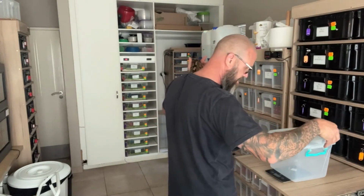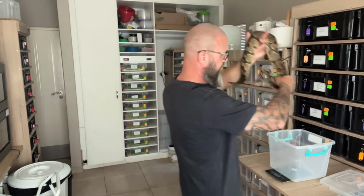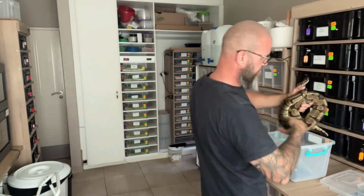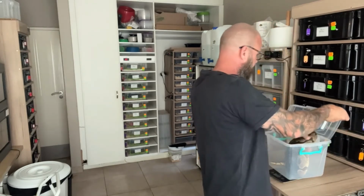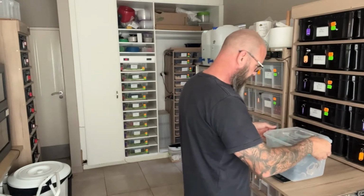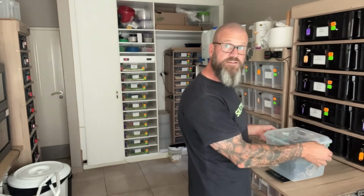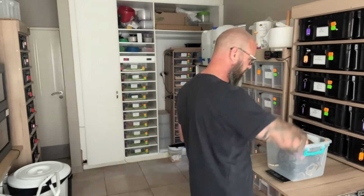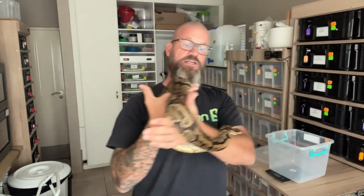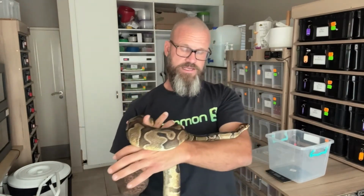what she's weighing now, because she's going to pair up in 2 days' time. They don't like going in this bucket or this bin, this tub or whatever, but they have to go in. I really need to get a different weighing container. Okay, so the last time I weighed her, she was just on 1,500 grams. Today she's weighing 1,751. Okay, so she is absolutely ready to pair,